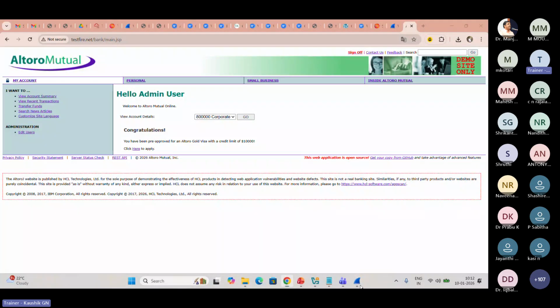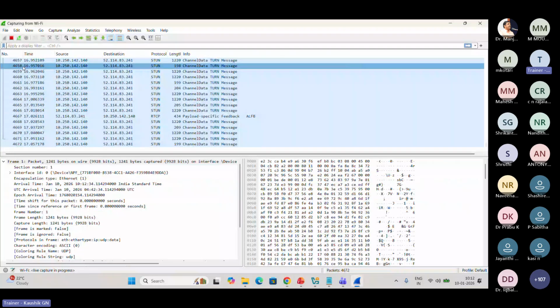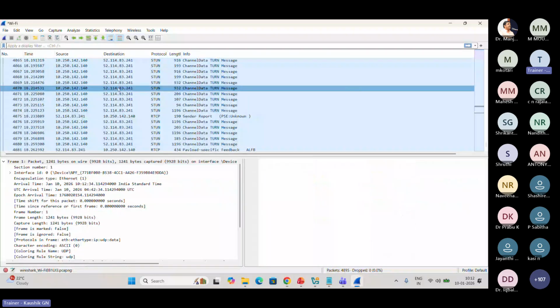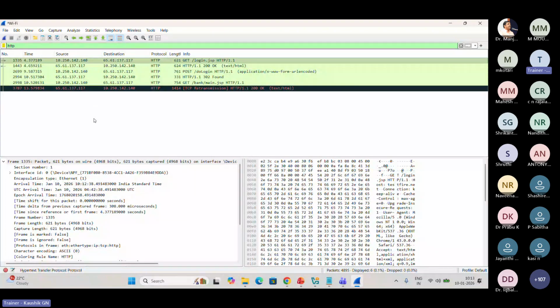I will stop. Okay. Now here below the capture icon we have this filter. What I will type is only HTTP. So here you may be seeing multiple HTTP packets that have been captured. One is very important, that is the login information packet that is captured. I will double click on it. Why it is important, I will tell.